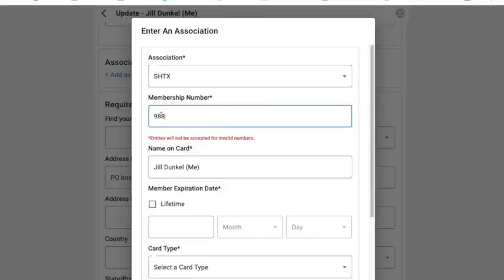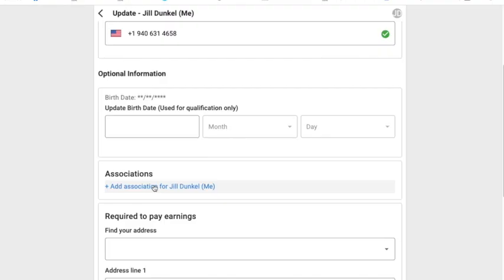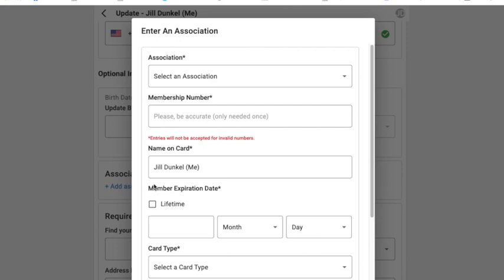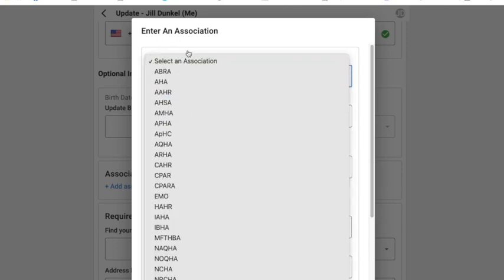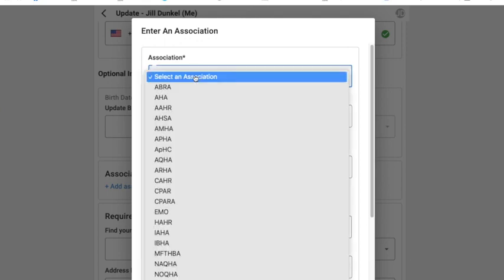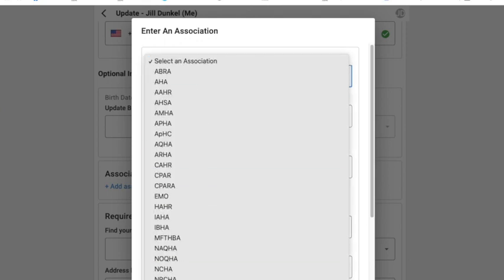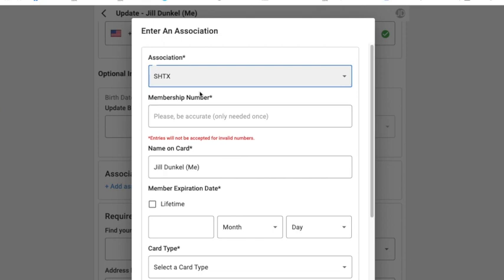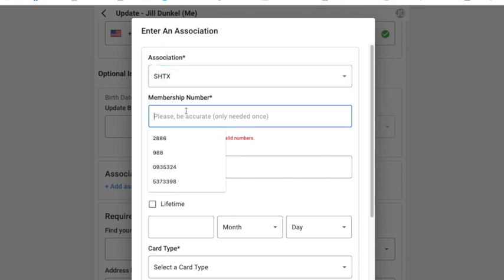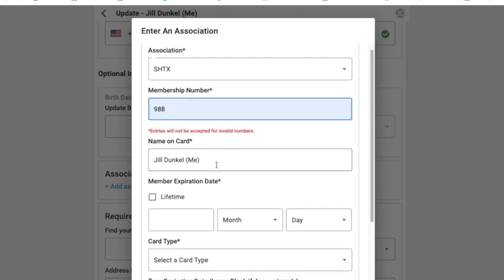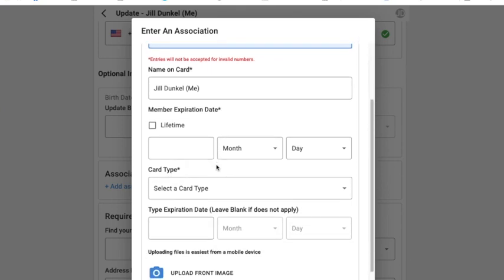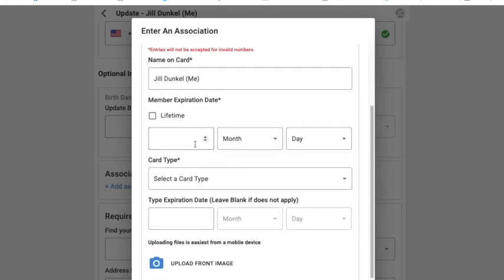So we've added our membership number. We're going to add the association. Here, you can type in SHTX. It will help you find our number. Here's our member number, name on card, member expiration date,